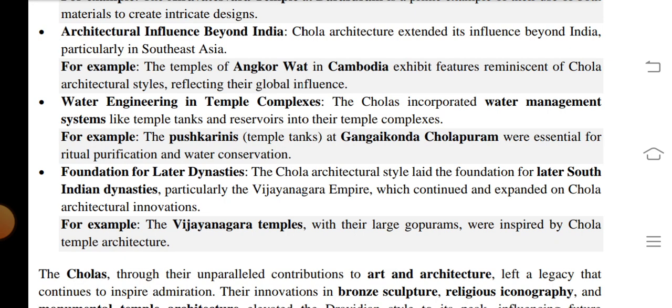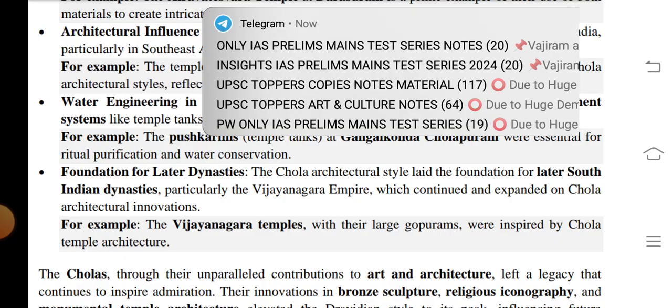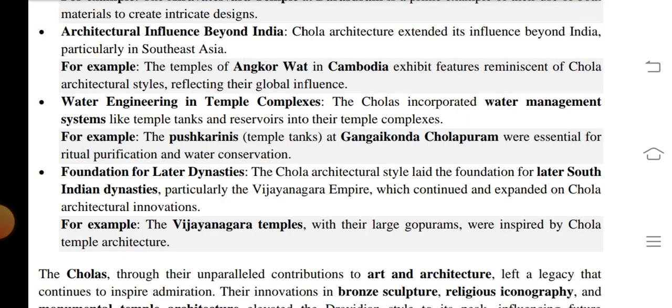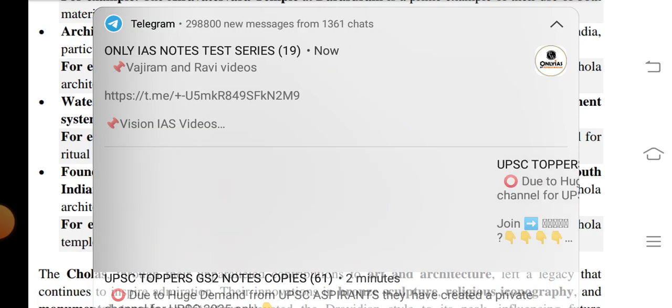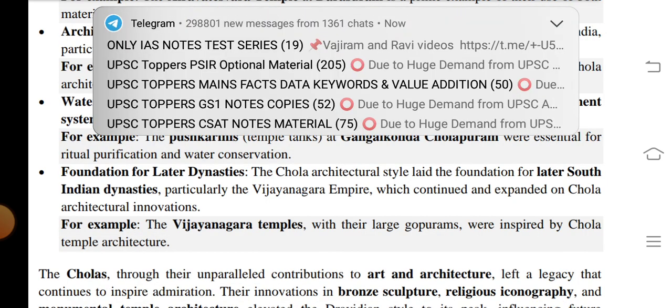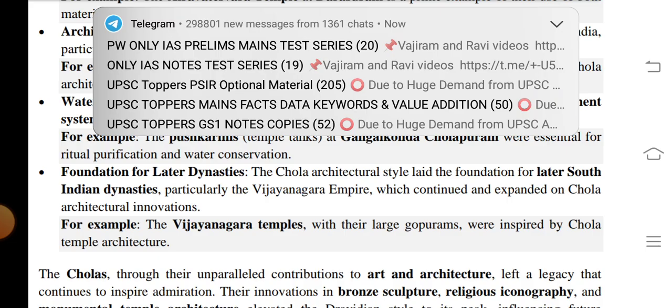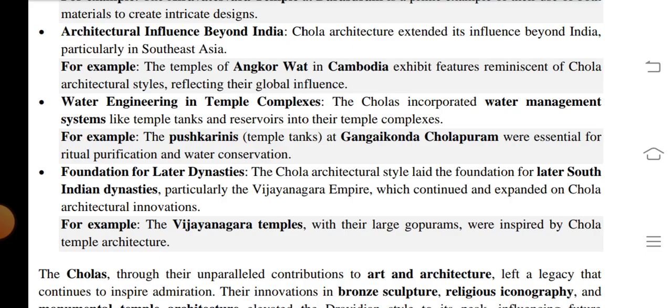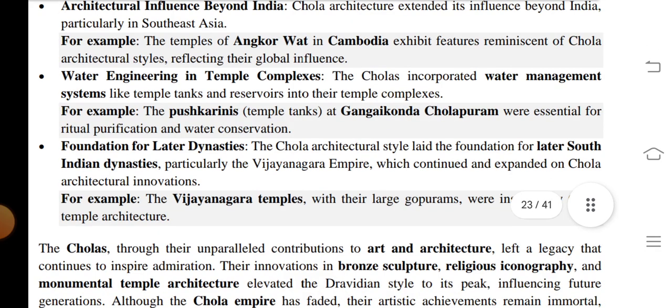Architectural influences beyond India. Chola architecture extended its influence beyond India, particularly in Southeast Asia. For example, the temple of Angkor Wat in Cambodia exhibited features reminiscent of Chola architectural style and reflects